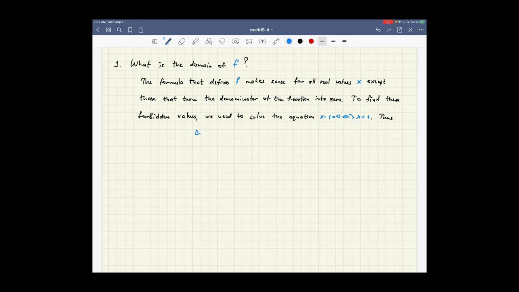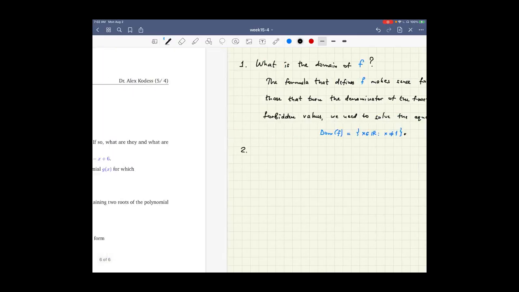So the domain of f is all real x's except 1. And the first part of this question is answered. Now the second part was about